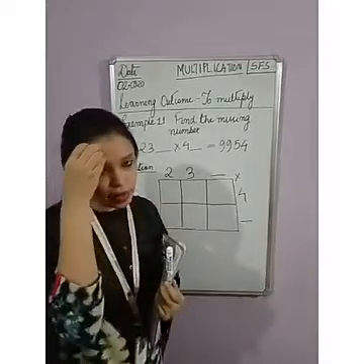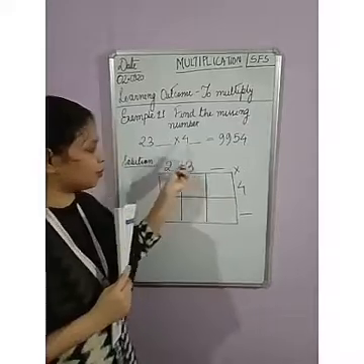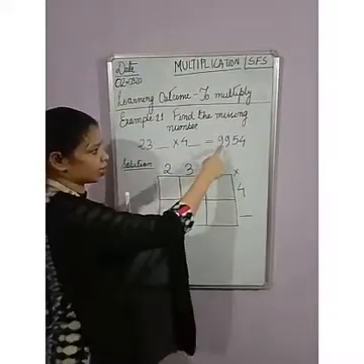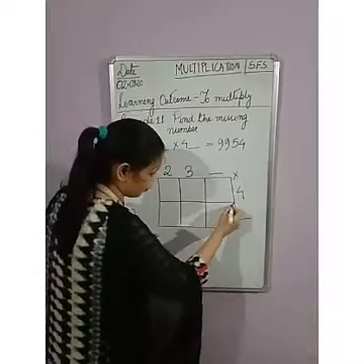Okay, since we are already finding out the answer, I have given the dash here so that we can put the numbers back in the position that has been asked. What is the given answer? 9954. So first I will make the slanting lines here.